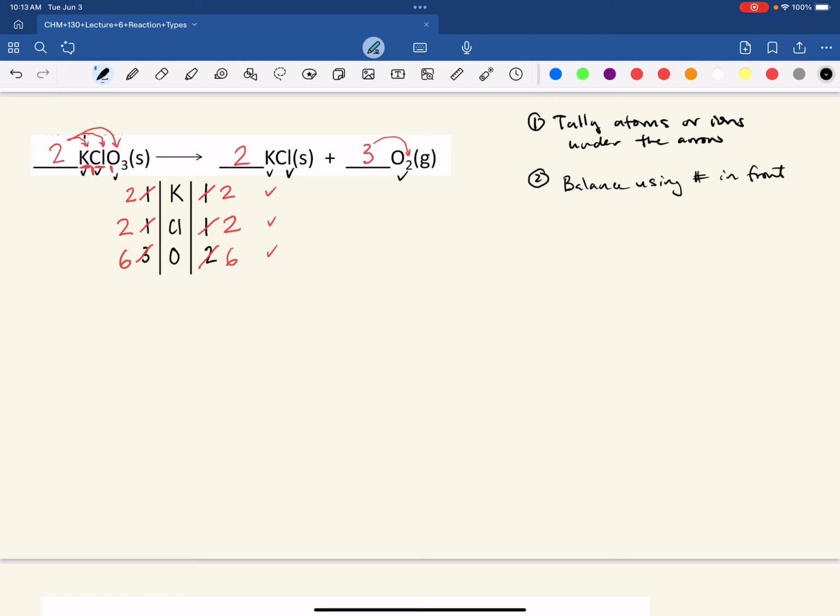Okay. I often will start with the most complex compound. That's why I started with the KClO3, because that is the most complex. It is ternary, right? Another way of saying this is ternary. Okay, and then the last step is if you have